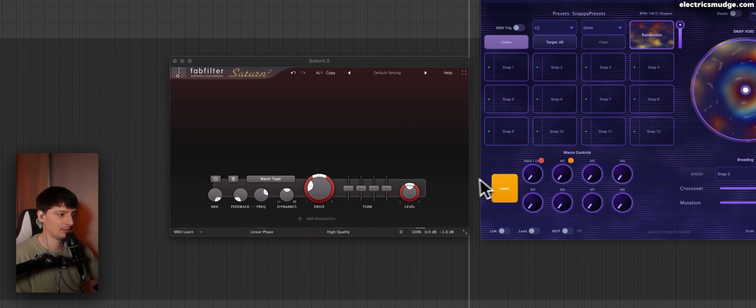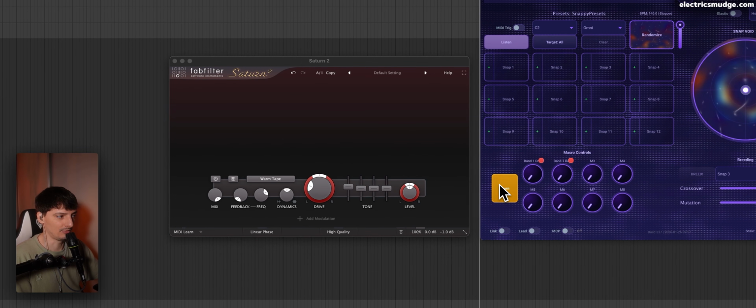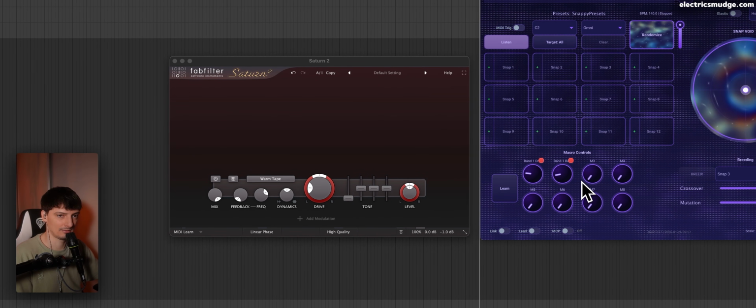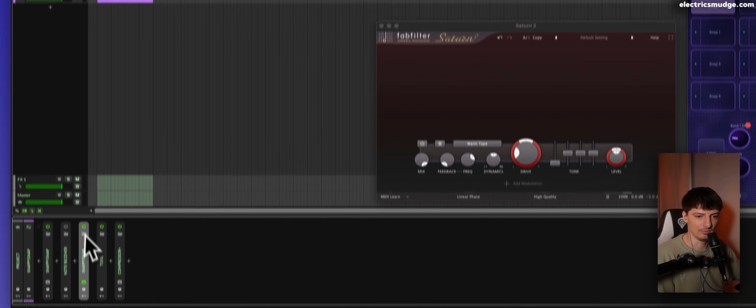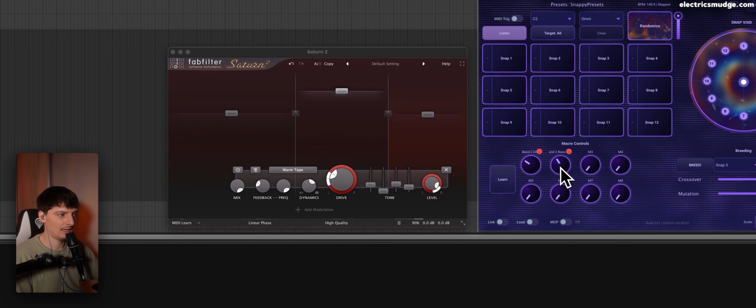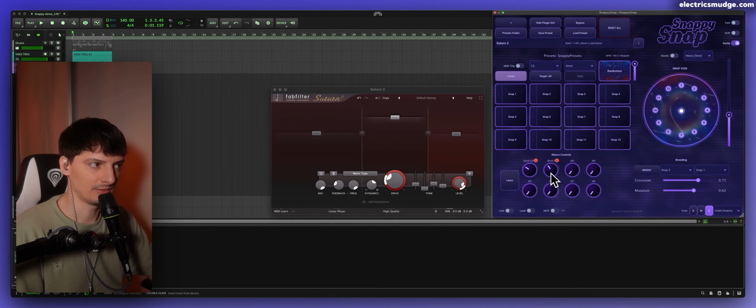Then you click next one, and let's say this parameter. And now, as you expect, you can do something with it. And because those knobs are exposed to the DAW, if you go here, you can see micro 1 is here. And now, when you assign those micro knobs, they are automatically excluded from any randomization, any breeding, any morphing,